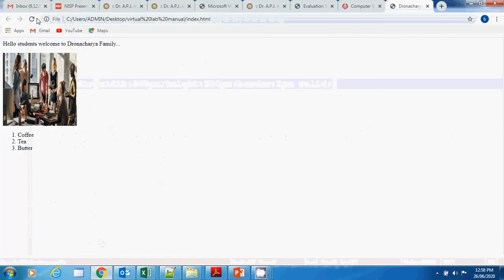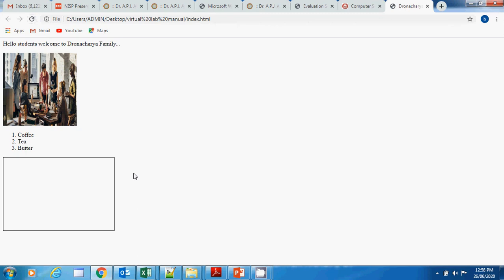So if I refresh the page, now you can see the section. This div is created. It is having a width of 300 pixels and a height of 200 pixels, and accordingly this div is displayed on my page.